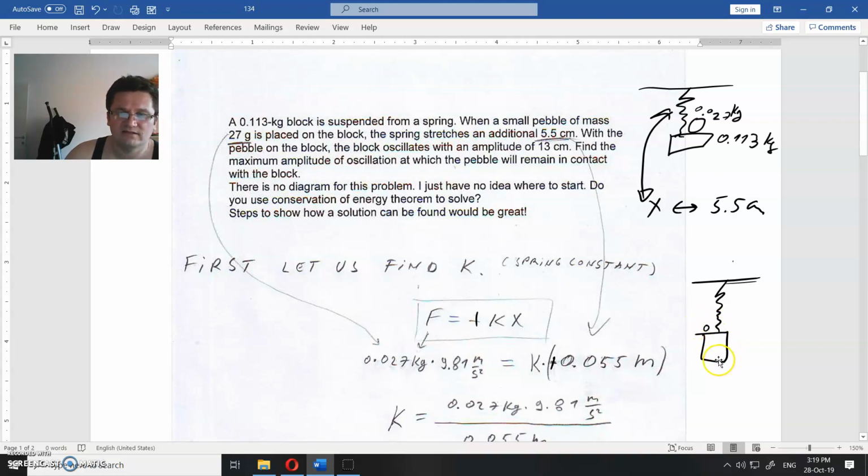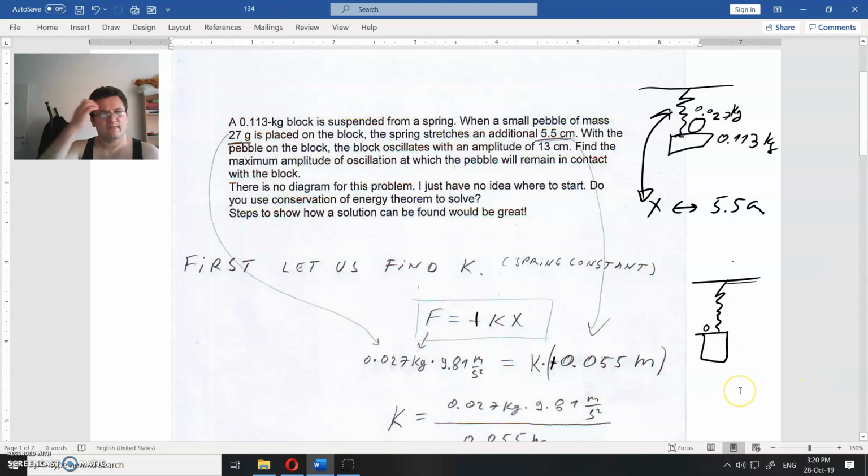But if you take this mass with your hand and stretch it all the way up to here, and you let it go, what will happen with the pebble? It will fly off. Of course it will. What are the conditions for the pebble to stay here? So this mass will go up and down, of course. When you squeeze this spring maximally upwards and then let go, at what condition will this ball just hover in the air for a moment,